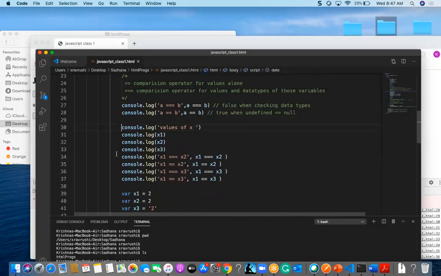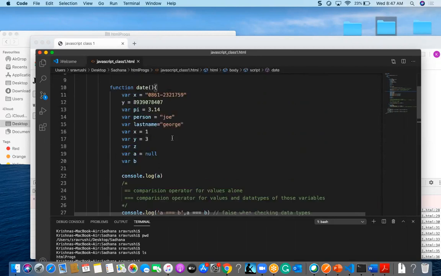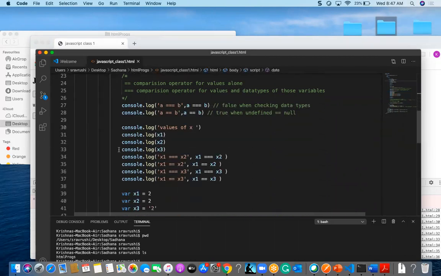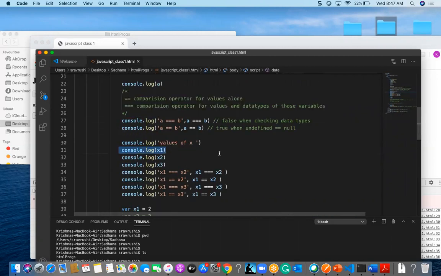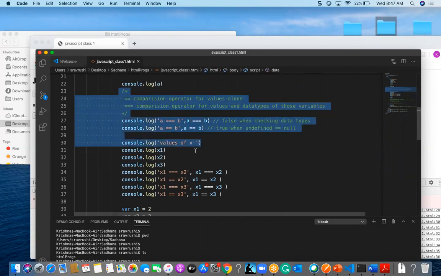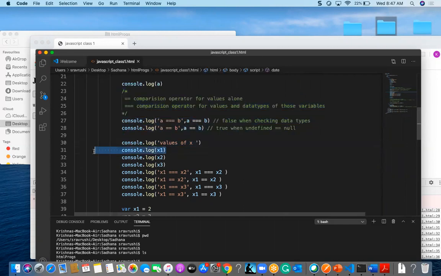Because, as I told you, JavaScript is a synchronous way of execution. It will keep starting from the top onwards and execute one statement after the other. Immediately after it gets x1, if it is not declared above, then that will be considered as undefined.